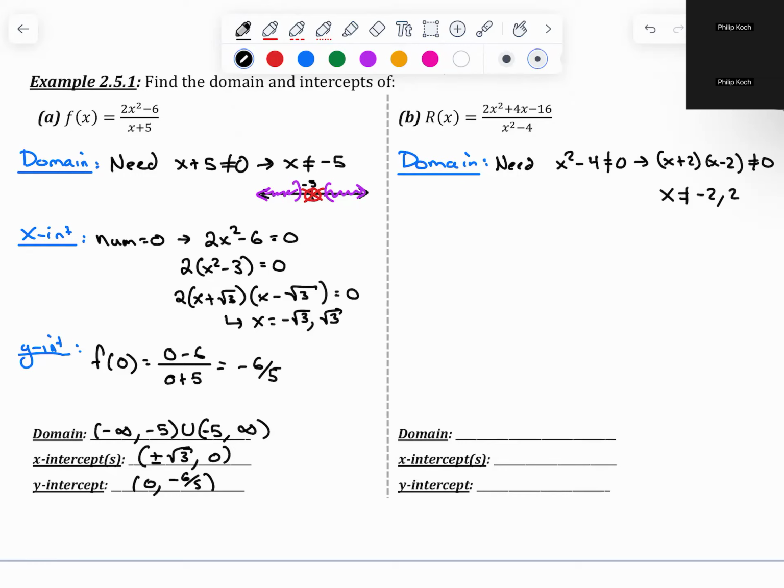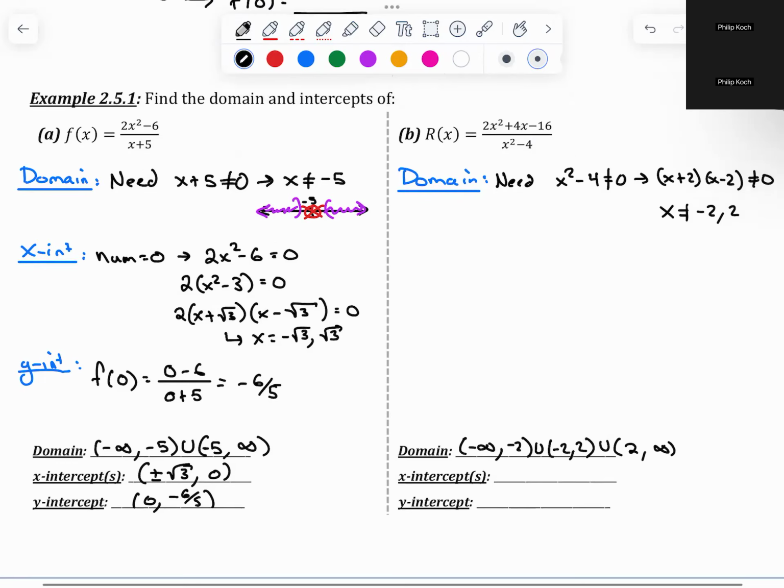So if you can figure out the domain from that information alone, that's awesome. But you can also draw a number line. The domain should be negative infinity to negative 2, union negative 2 to 2, union 2 to positive infinity, all with parentheses. But once again, if you need to see a number line to figure it out,